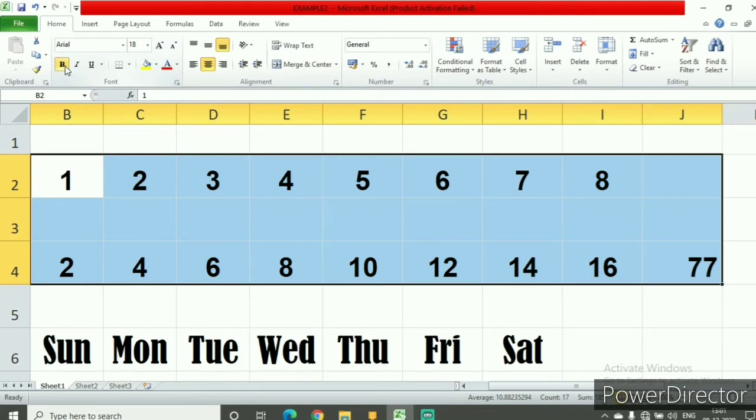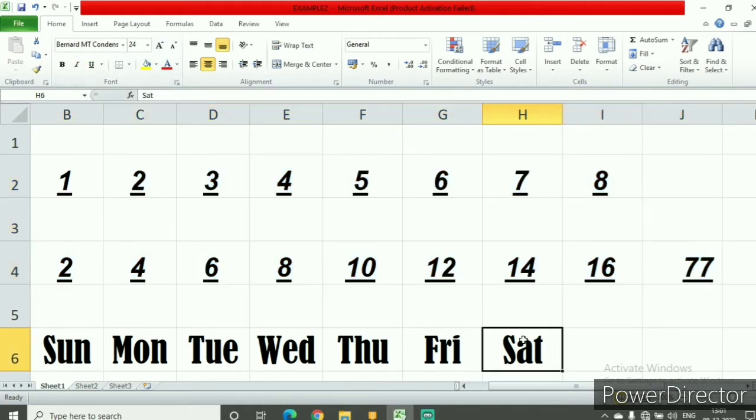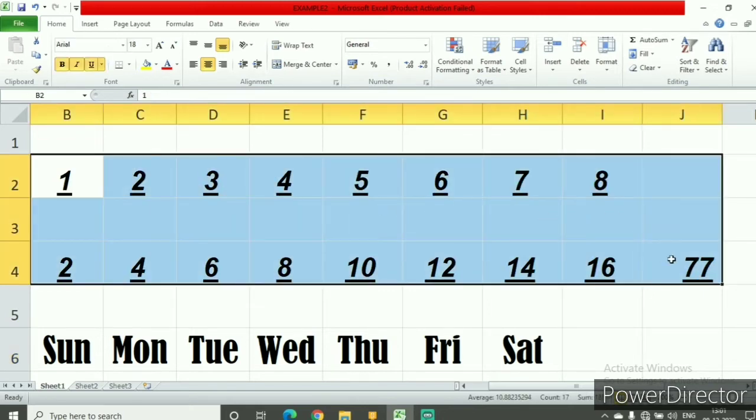So right now I made it bold. Similarly, I can make it italic, so they start turning to the right side. Then I can make an underline also to them. So I have made all these entries here bold. I have made them italic, and also I have made them have an underline beneath them.